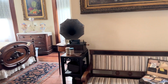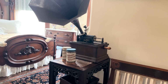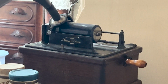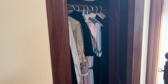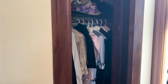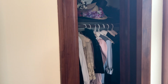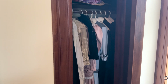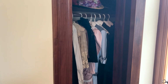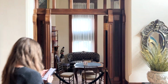Over here, Edison. Yeah, it says, let's see if I can zoom in on that. Thomas Edison. Back to the closet. All these clothes were used for different things. So if you went to a sporting activity, you had to wear something different. Went to bed, you wore something different. So a lot of them brought valets with them so that they would have help to put on all their outfits. Now if we walk around this way, whoa,